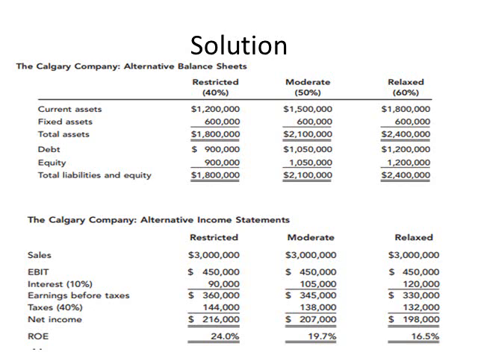The fixed assets, he told me in the previous slide, equal 600,000, so it will be the same number among the three strategies. So the total assets in the first strategy equal 1,200,000 plus 600,000, equal to